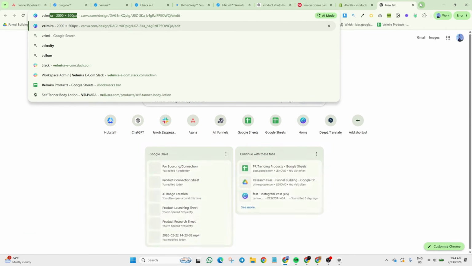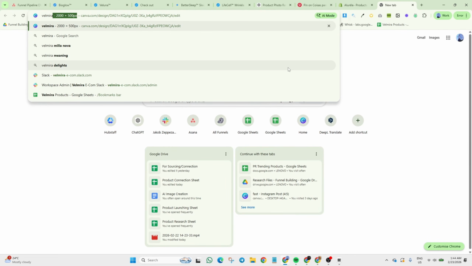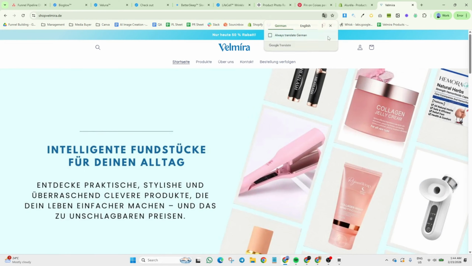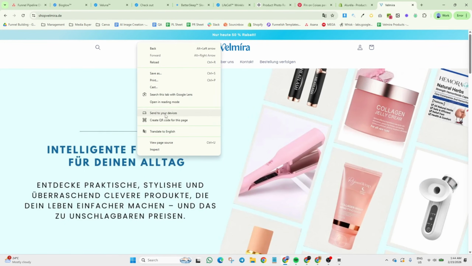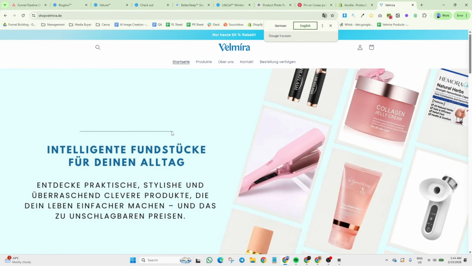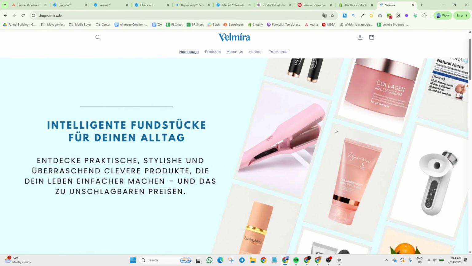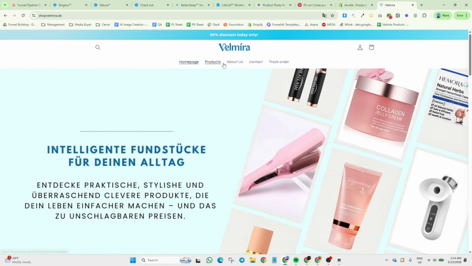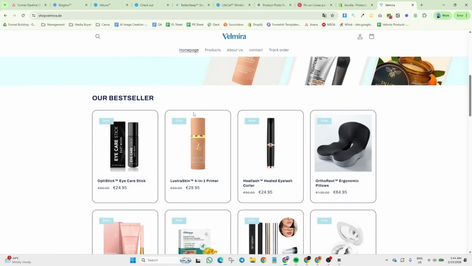Go to my work email. Okay, there. All right. So obviously this is in German. This is what I made for a client. This is the very basic, I would say pinakapangit na Shopify store na nagawa ko because this is the client's requirement. So you can see there is a hero banner. The menu is updated. The seller is here.